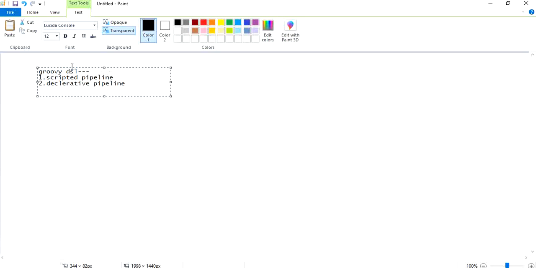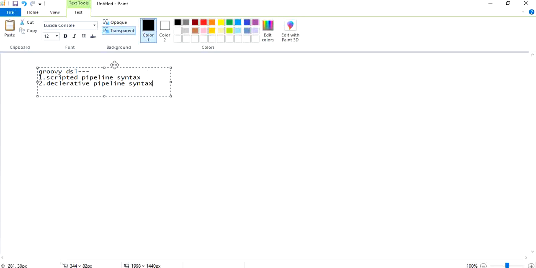Okay, the second pipeline mechanism is Groovy DSL, and with the Groovy scripting we can define pipelines, and in that we have two methods. First one is scripted pipeline syntax method, and next is declarative pipeline syntax.